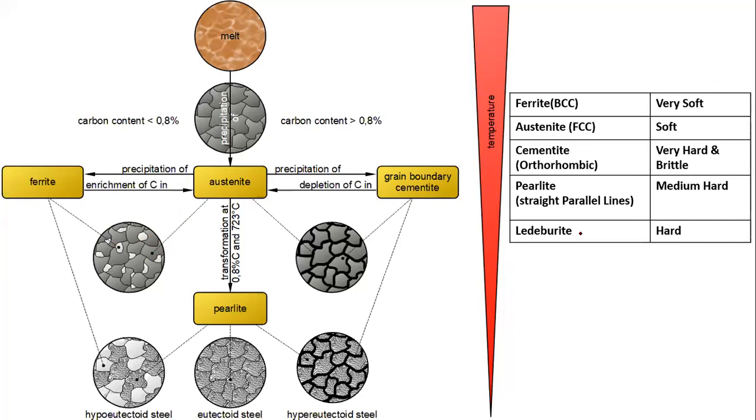Here table is already available. Ferrite, it is a very soft as compared to austenite. But common thing you can compare between two, ferrite and austenite, it is a hardable, it is a soft nature. But if you are compare between three, ferrite, austenite and cementite, it is a very soft, it is a soft, it is hard, medium hard. Are you understood? మీరు కంపేర్ చేసే 2 or 3 or 4 ఆ పాయింట్స్ పట్టుకొని మనం చెప్పాలి.